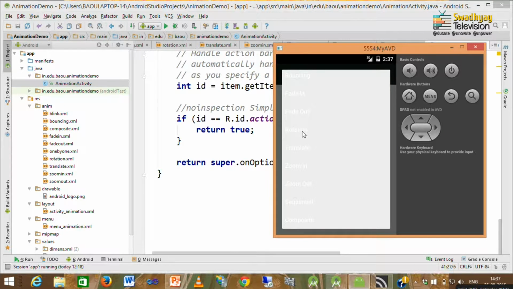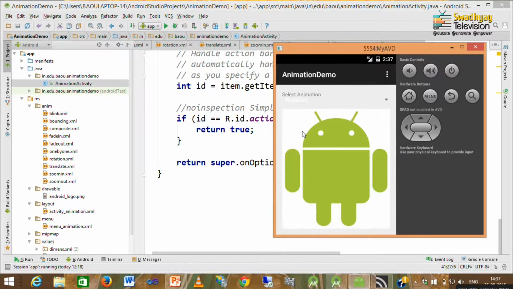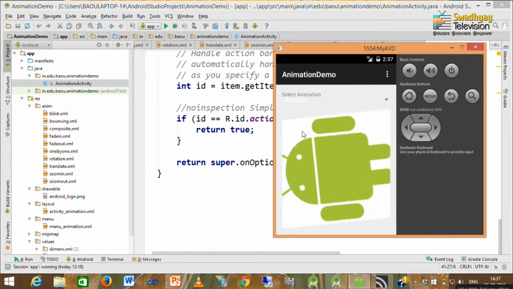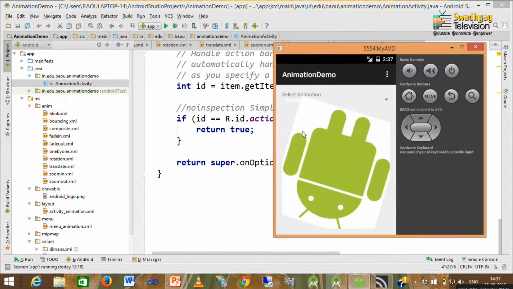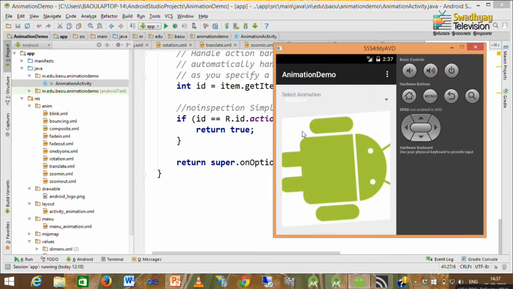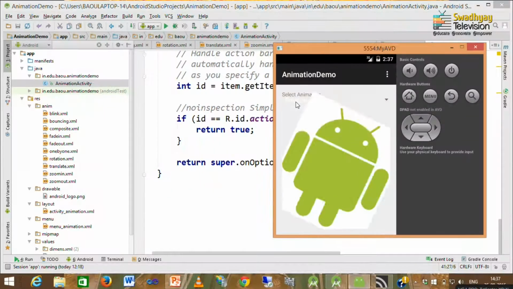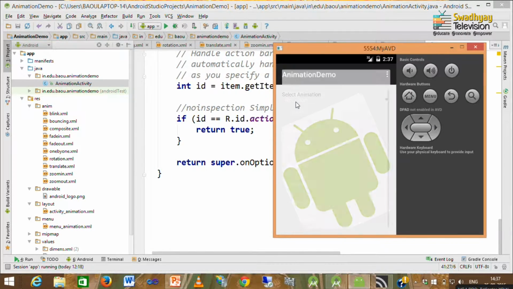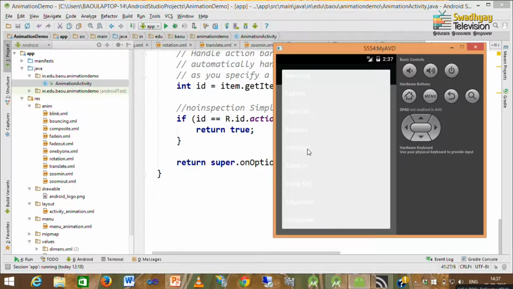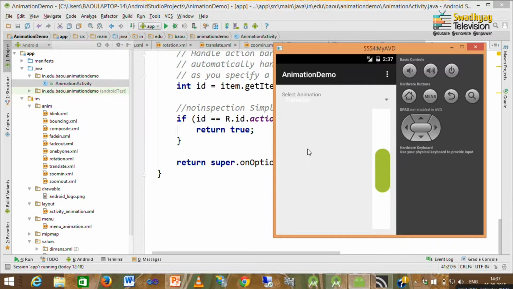Then rotation, we have 360 degree rotation, and it repeats for infinite times or forever. This is how rotation will look like. Then comes translate. Now, this translate will move our object to 75% of its width.